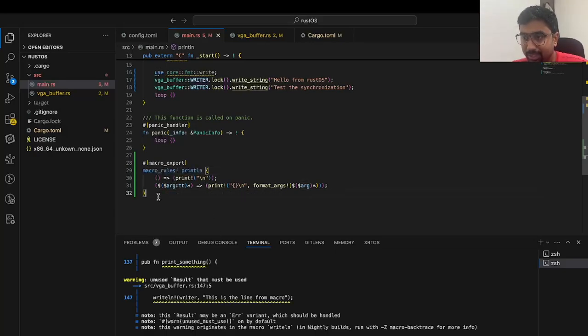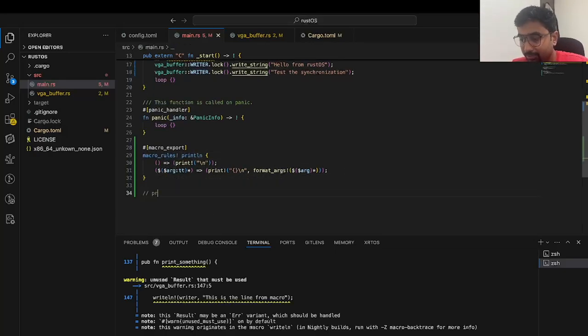So if we say println hello world, any string inside this, this particular string will be an argument for this print macro, and that argument will be captured here, and that argument will be replaced by this arg, and so we will get, in the end,